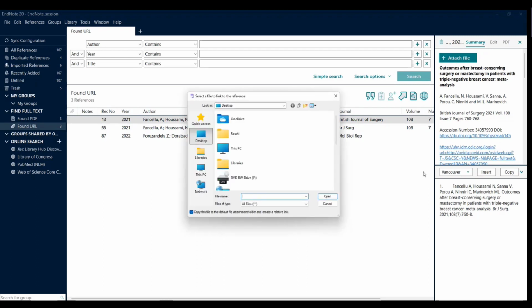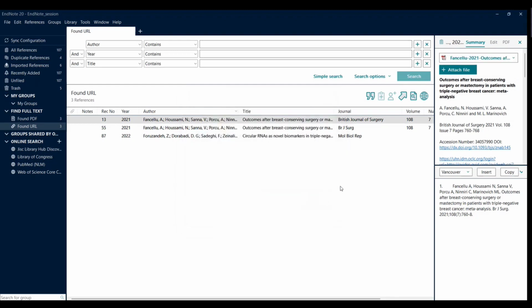It's very easy. You just go to the place you saved it on your computer, and then the PDF appears here. That's the easiest way of adding your PDF here. And another way of bringing the PDF to your